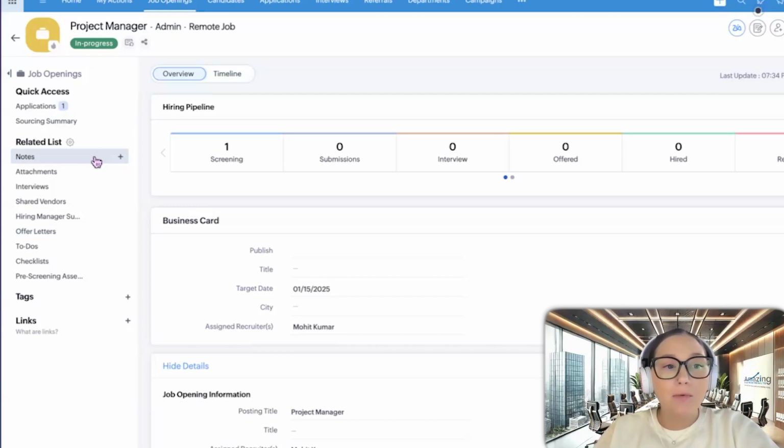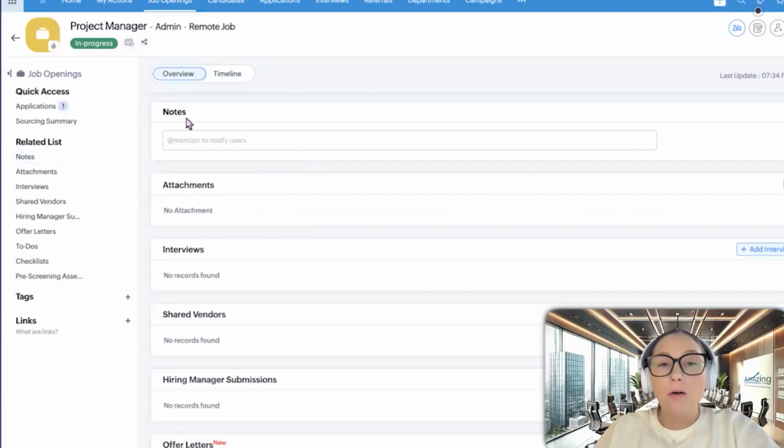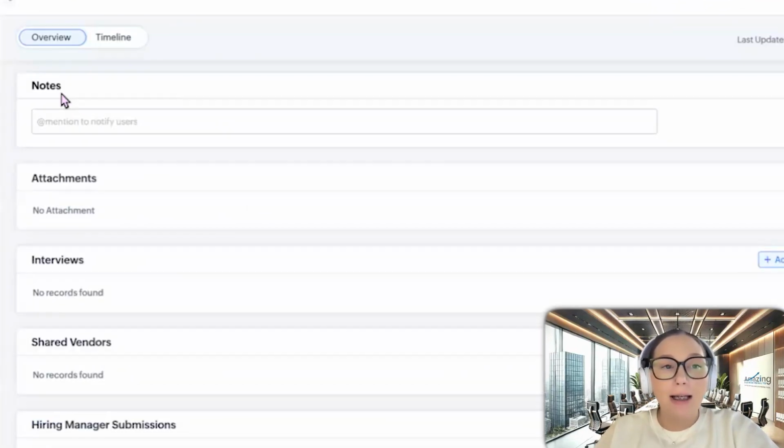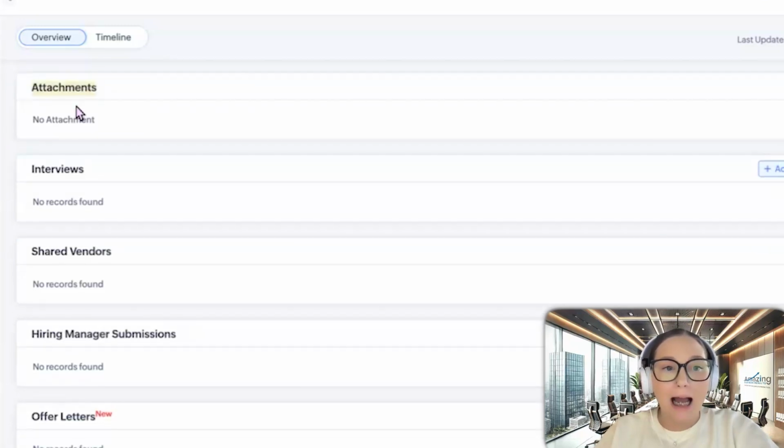So on the related list, we have notes. Notes is going to be a great place to leave anything about communication with this candidate, about this job opening, things that are happening, so that if someone else is picking up where you left off, they'll be able to read the notes and know what's going on. We have attachments. So if you have any kind of PDF that you need to leave on this job opening, or if it were the candidates module, maybe you have their resume that you want to attach,